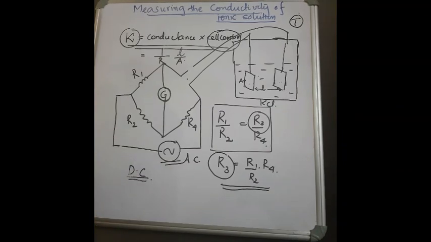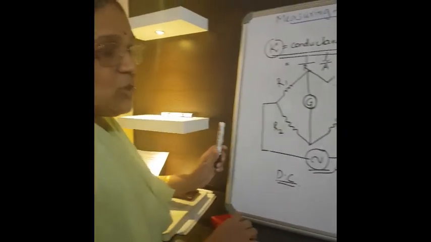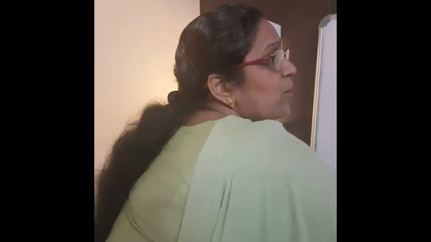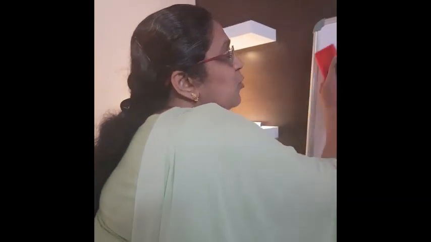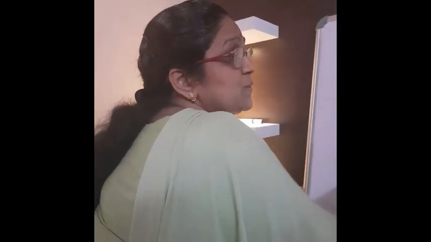Next we move on to the next topic. That is a very important topic. When you consider the board exam, short questions will surely come. That is the variation of conductivity and molar conductivity on dilution. It's very important. So we will see how the conductivity as well as the molar conductivity varies during dilution.